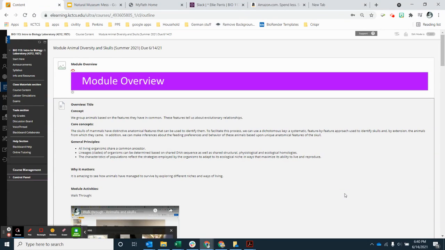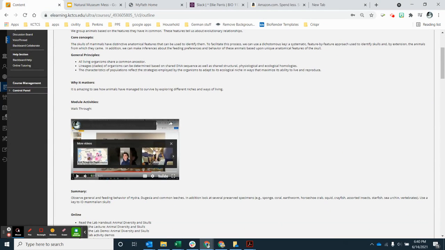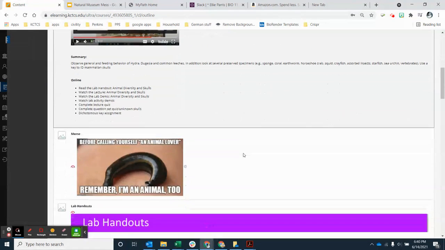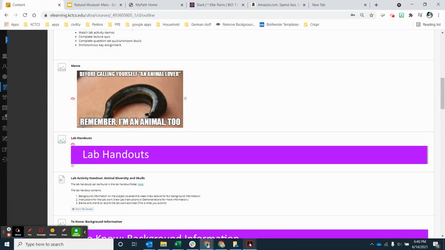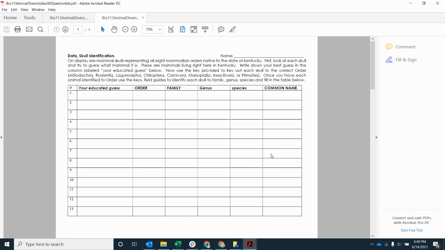It looks like a lot of you are struggling with the keys. So I talk about it a little bit in the animal walkthrough, but let's go through this again. Now that you've looked at it, it may be helpful. So what you're filling out for the skull identification, you're filling out a sheet like this, and this is called